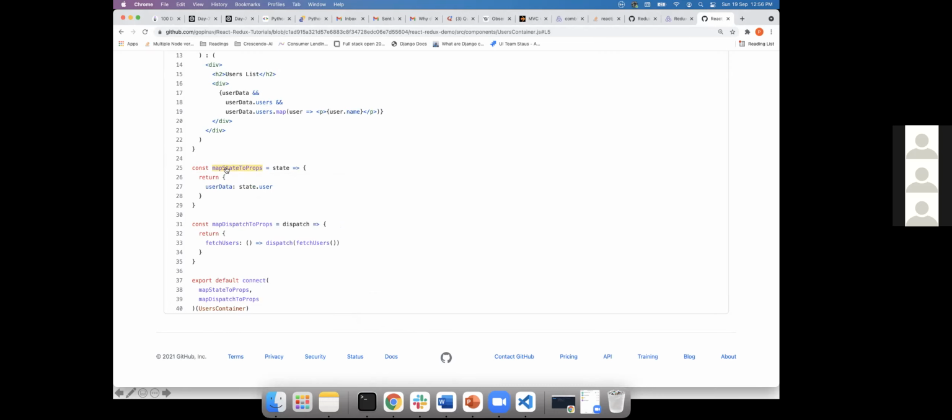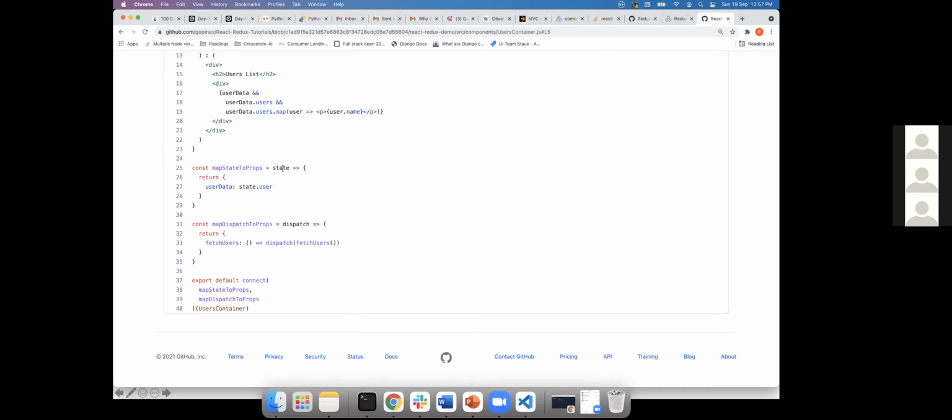Before going into the detail, we have to understand certain things. The word mapStateToProps, what is it saying? Map the state from your Redux to a property to your React component. Does the word make sense? Map a state from your Redux store and map it to props in your React UI.